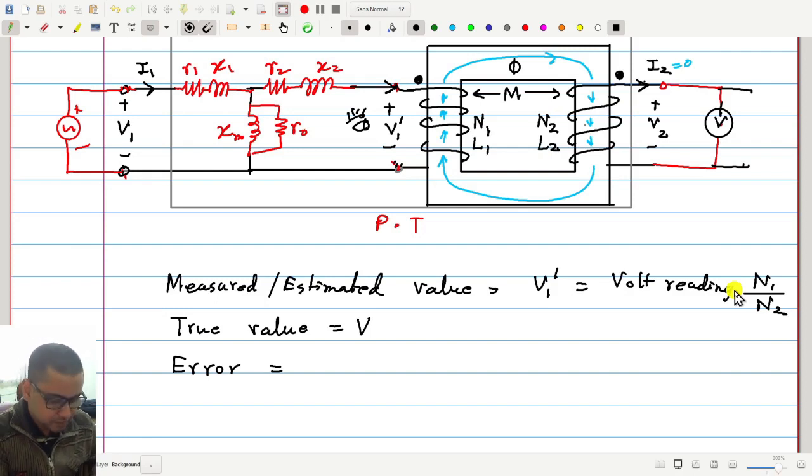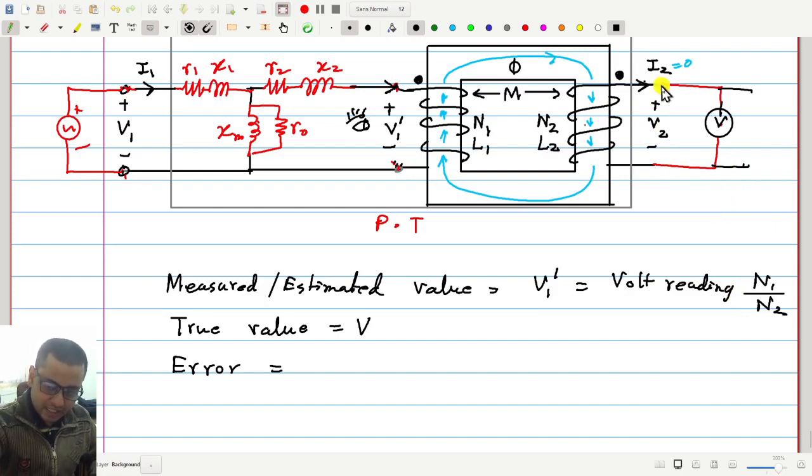I understood. Please repeat the error slowly. Actually I thought in a different sense. I thought the error which I told you was with respect to V2, meaning there is some expected value of V2 and we are getting another V2. So V2 measured minus V2 expected. Okay, I think I got your point.